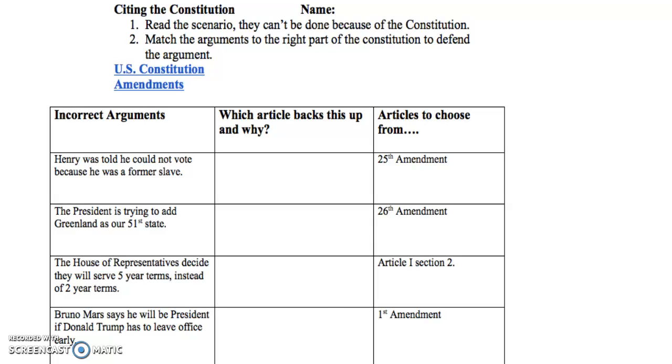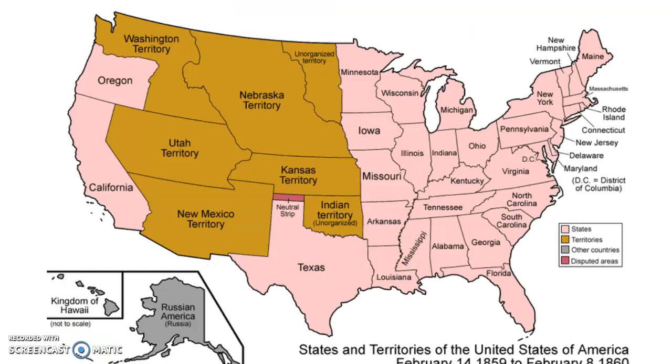Now we're going to take some notes. When we left off before break, we talked about how the U.S. got our land and manifest destiny. And so this is what the land looks like in 1860. The Civil War breaks out in 1861. So we're gearing up to what the country was like before then.